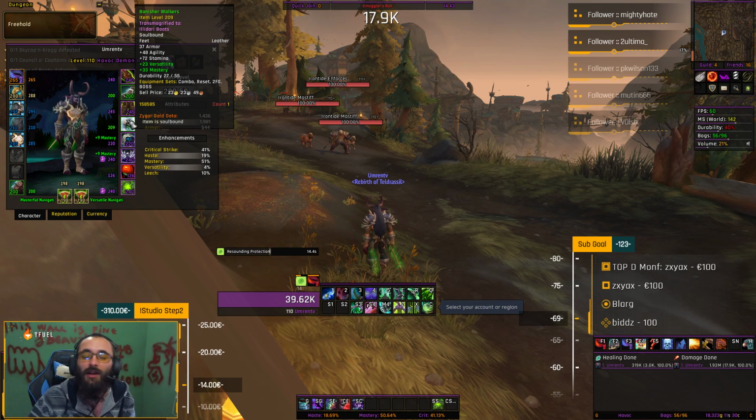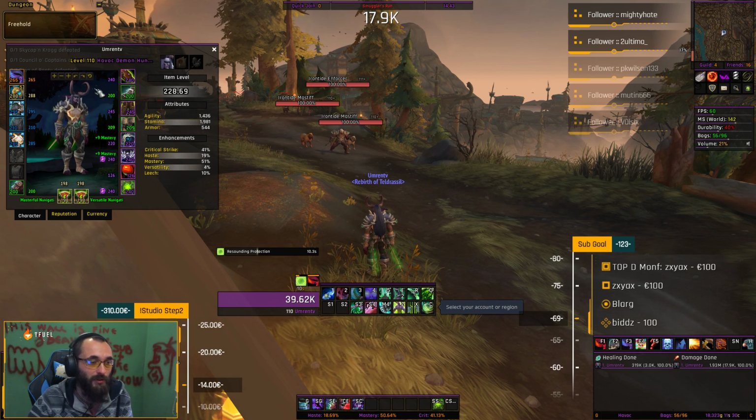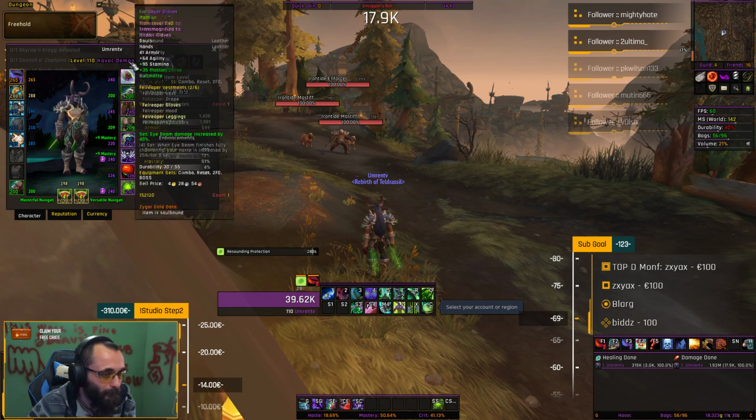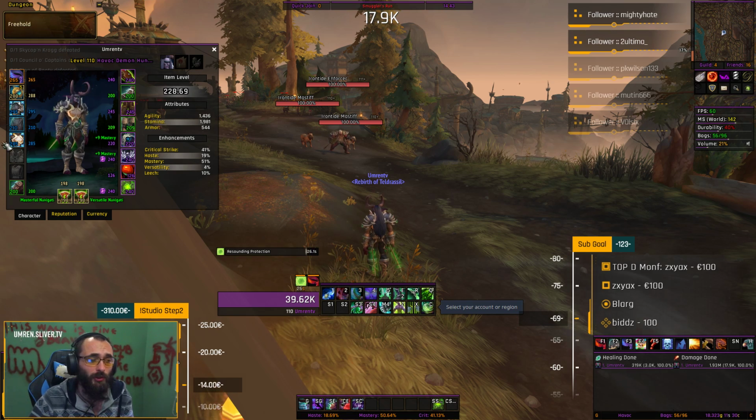So what you do next, after you do Antorus, or what I do, which is the smartest choice: I already got some epics from Antorus, and I already got the trinket from Throne of Thunder. If you don't know how to get this trinket, check the video description card. Anyway, after I've done that, I went with all the upgrades and stuff,